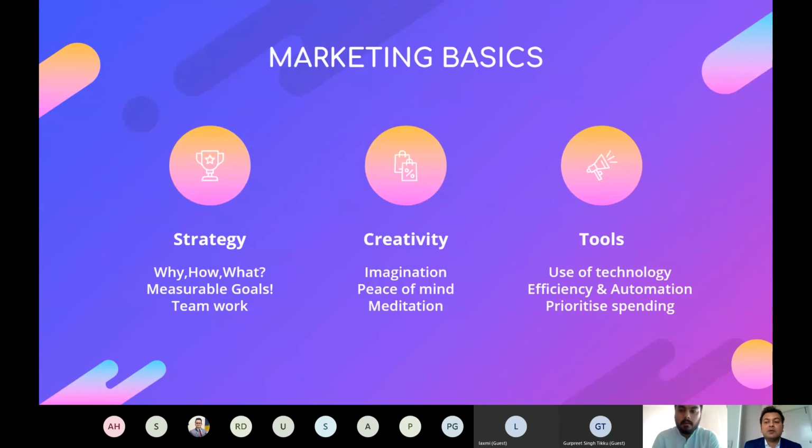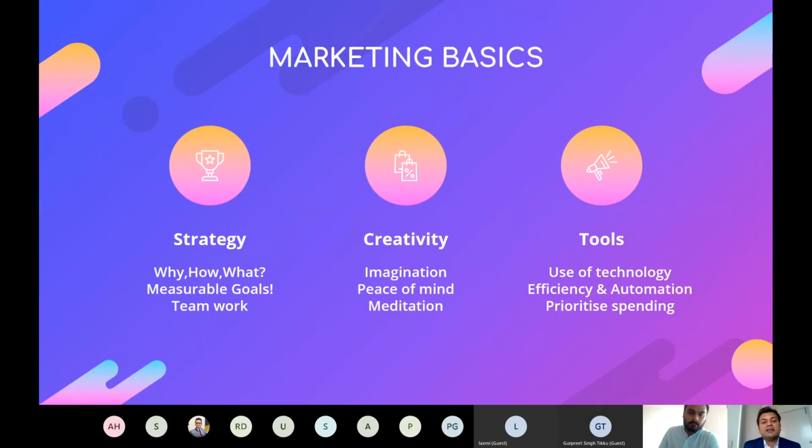To start with, I want to cover the marketing basics. While the tools are there, and you can see we have kept them in third position, they will be helping us with the required technology. They will help us improve efficiency, bring automation and prioritize our spending. But before we get to the tools, it is very important that we have our marketing strategy in place.